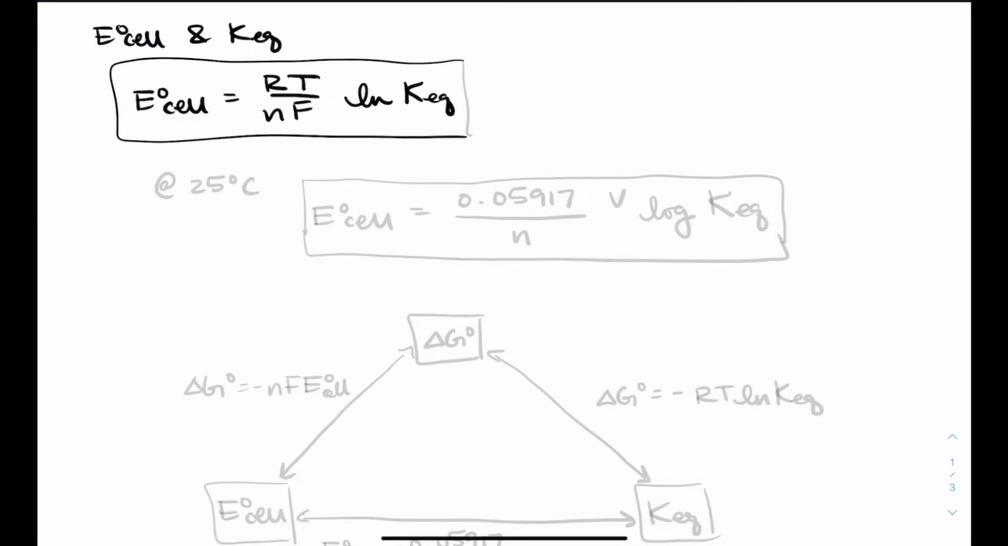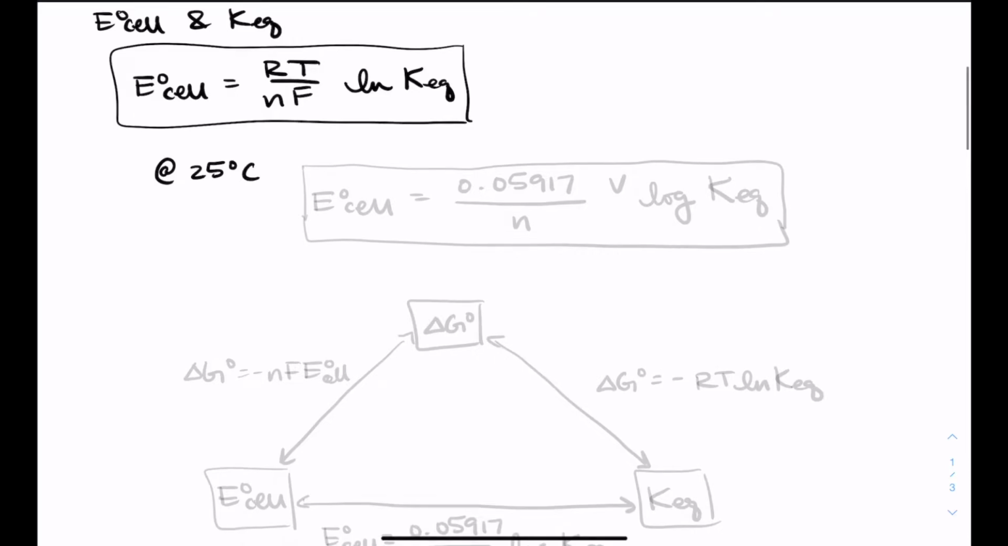Thankfully, because we do this under standard conditions so often, there are versions of this equation that have put all of the constants in for you. So I strongly recommend using one of those versions. The one I have here, please note that the natural log is now a regular log. So part of the conversion was getting rid of the natural log. I don't know, you might like regular logs better. So if you are at 25 degrees, the standard cell potential is 0.05917 volts divided by n times the log